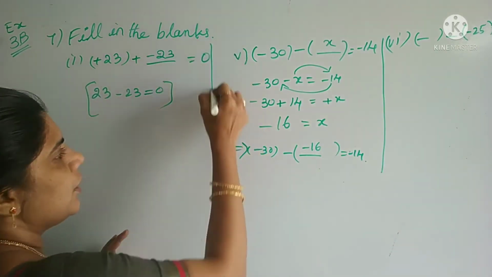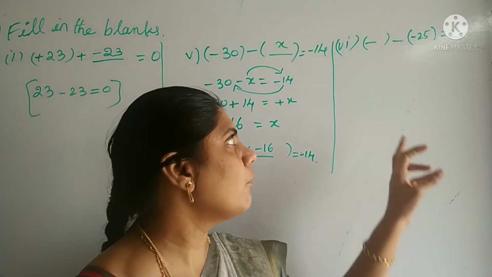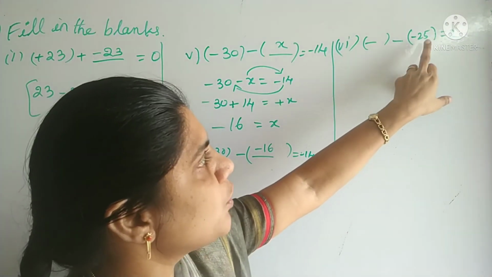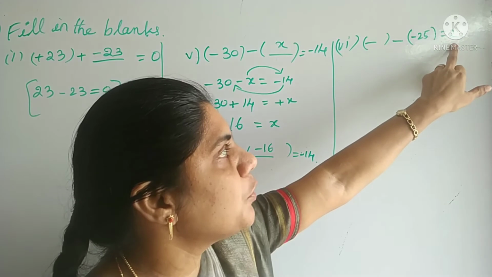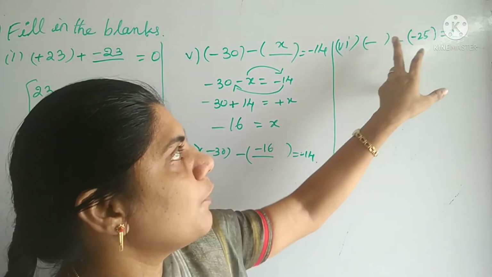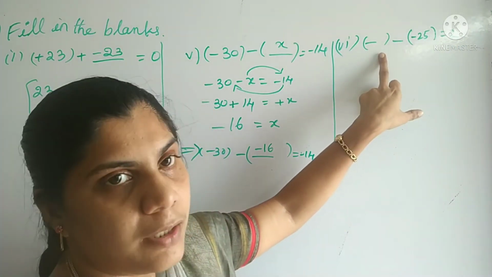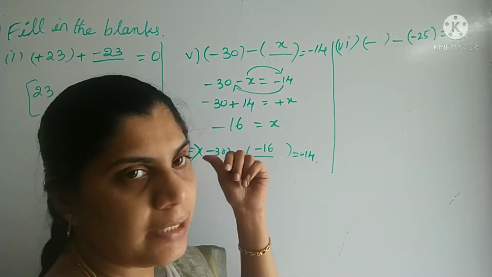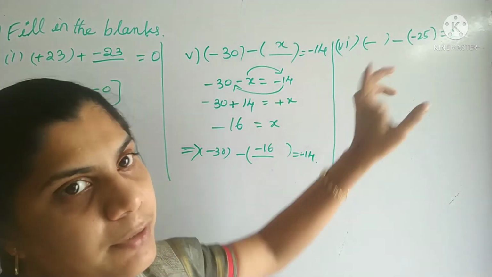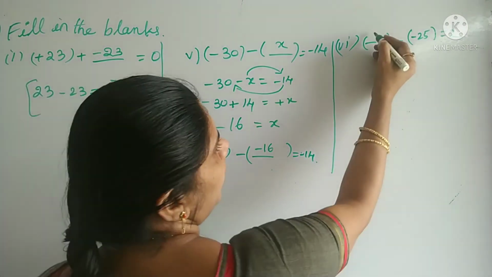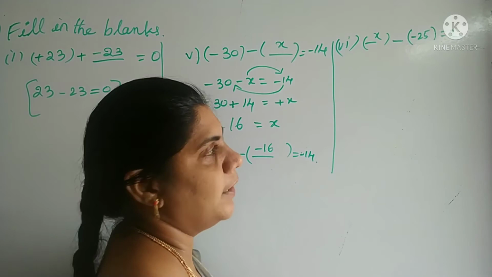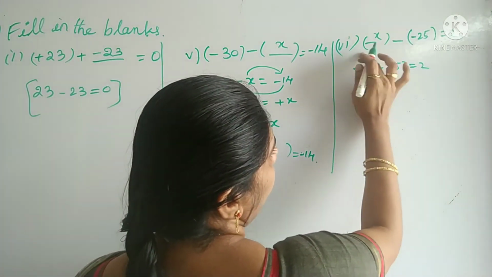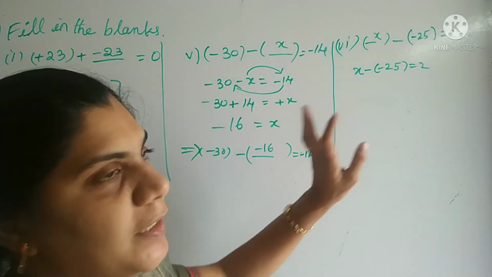This one over, this one over. Now look at the sixth problem. Dash minus 25, you are getting 2 here. Subtracting minus 25 from the unknown number, we are getting 2. We have to find this number. Like in the previous problem, we will take it as x and do the calculation. So in place of this, I am taking x here. So x minus of minus 25 equal to 2. As it is, I am writing, replacing with x here.